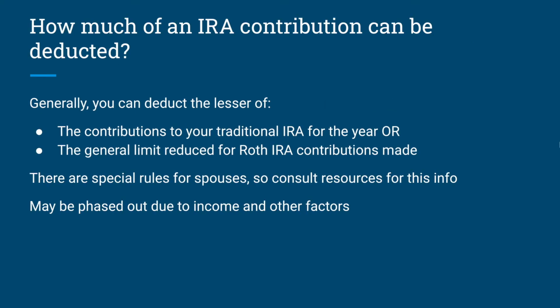Probably the next question you have is, how much of an IRA contribution can in fact be deducted? Generally, the rule is that you can deduct the lesser of the contributions to your traditional IRA for the year, or the general limit reduced for Roth IRA contributions made. Specifically, there are special rules for spouses, so consult resources for this info, and it may be phased out due to income and other factors, so I cannot emphasize enough, you really should for every deduction, credit, or adjustment that you are entering. But specifically when we talk about IRA contributions, it's really important that you leverage Publication 4012 and ask for help